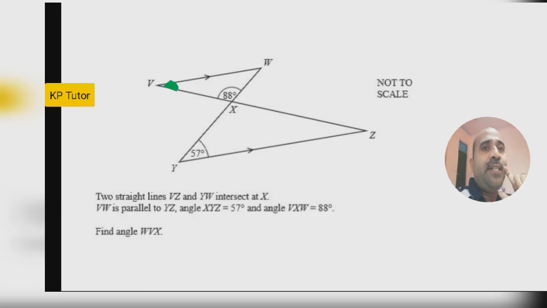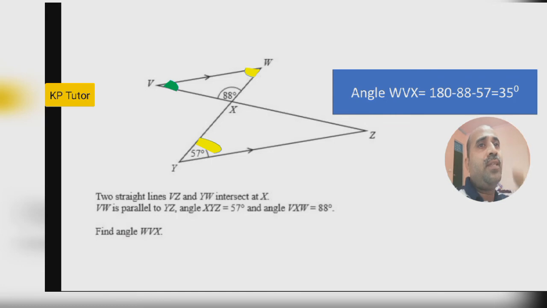There is a straight line, and there are parallel lines, the upper and lower two lines are parallel. We have to find the green marked angle, WVX. They have actually given 57. Can you connect that 57 and angle W? There is a parallel line. So look at those two yellow marked angles, we can easily see Z angles. So Z angles are equal. That means here 57, there also 57.